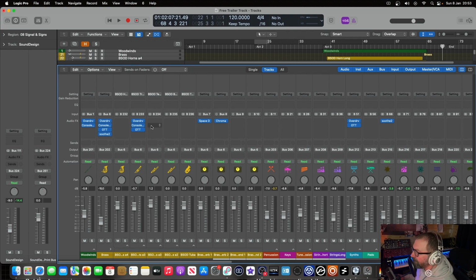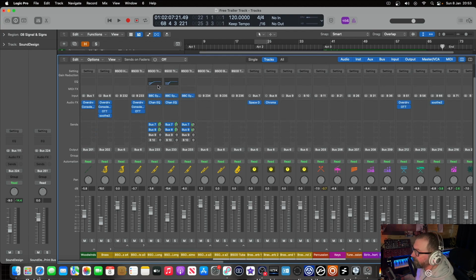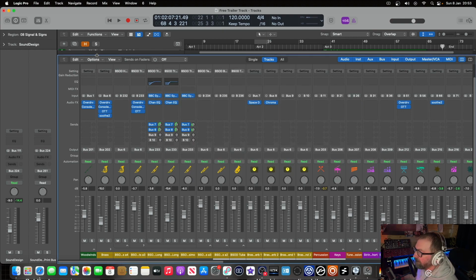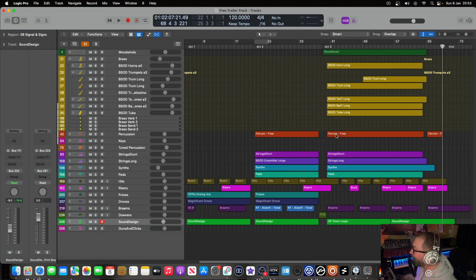But other than that, I've just used EQs that come with Logic, just the console EQ and the channel EQ. I usually use Fab Filter, but for this I decided to just use the one that's built in with Logic, which is perfectly serviceable and good. I mean, it's done everything I wanted it to do. Just the interface isn't quite as nice as the Fab Filter one. But other than Soothe and Ozone, everything else is just built-in